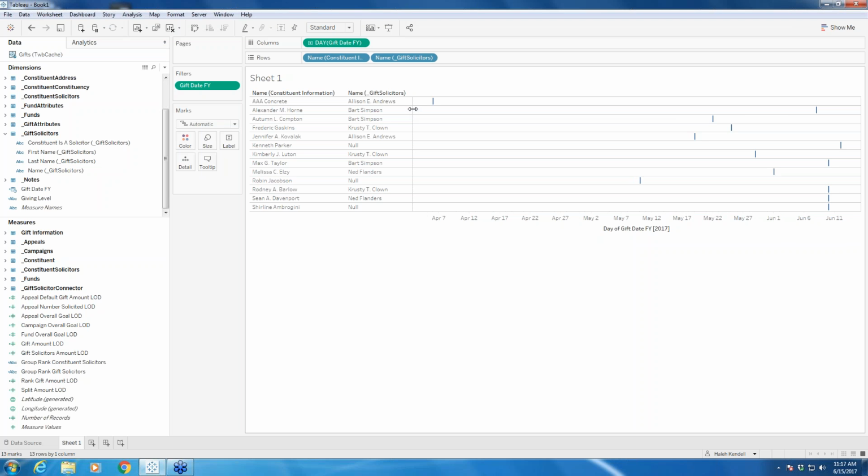So it looks like Bart Simpson is sure active in here. Probably obvious that we're using the Razor's Edge sample database with fictitious data in this, so we've got 500. We've maxed out the records at 500 here in the RE sample database. Gift solicitors. All right. So we have the name of our constituents, name of our solicitors, but I also want